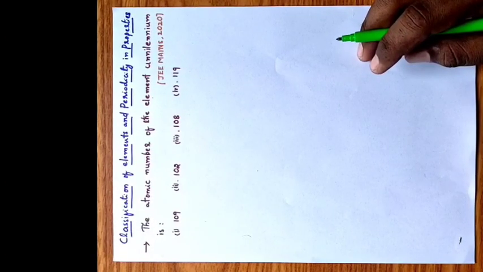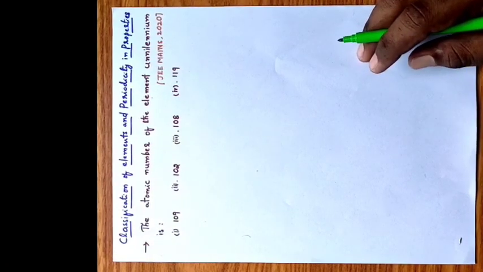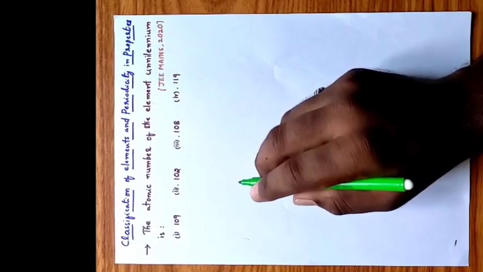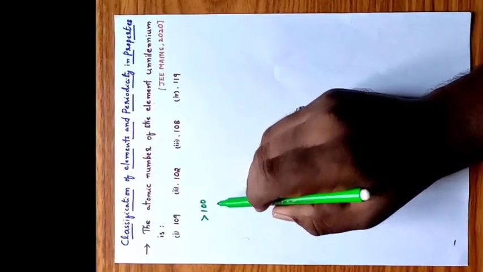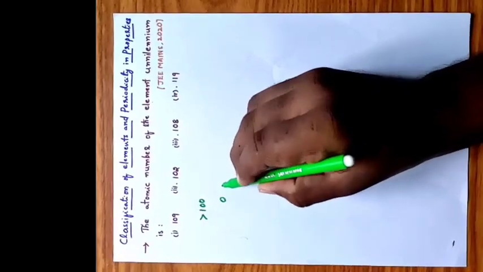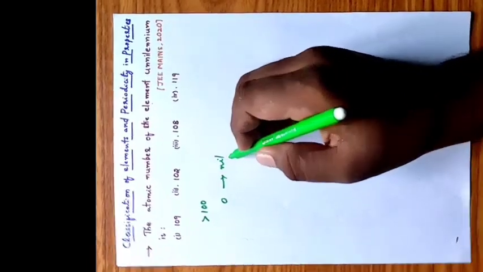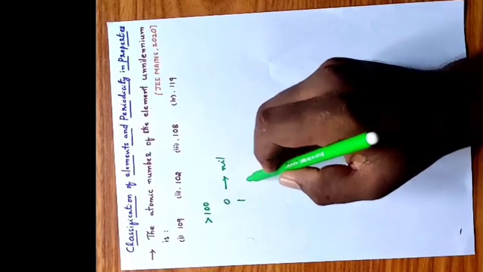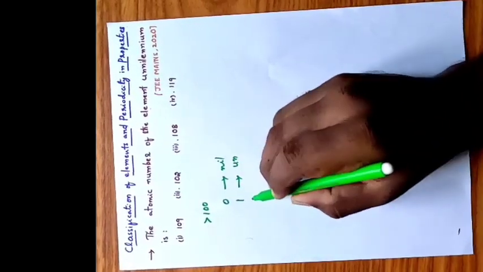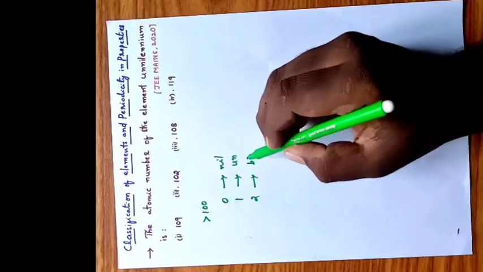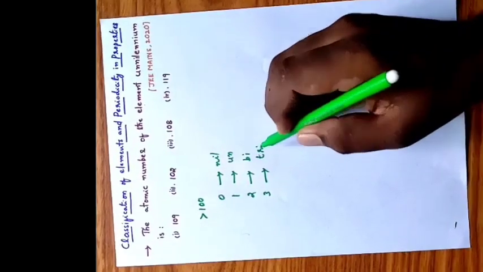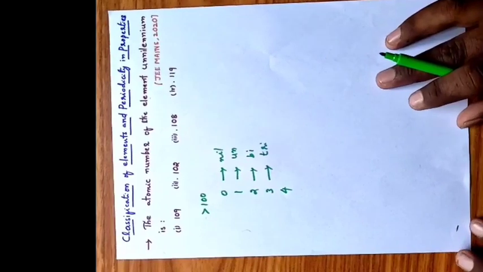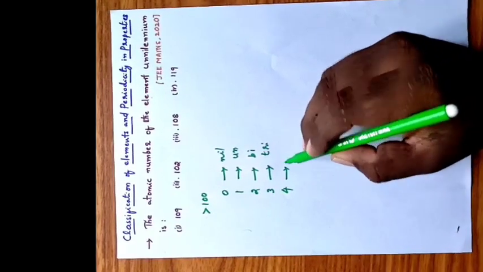It's very easy. To understand this type of questions, we need to know nomenclature of elements with atomic number above 100. You should know notations when atomic number is greater than 100. So when atomic number is greater than 100, for digit 0 notation will be nil, for 1 it is un, for 2 it is bi, for 3 it is tri, and for 4 it is quad,